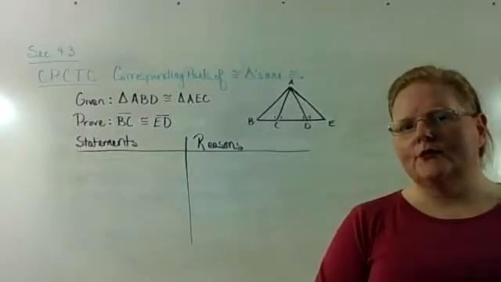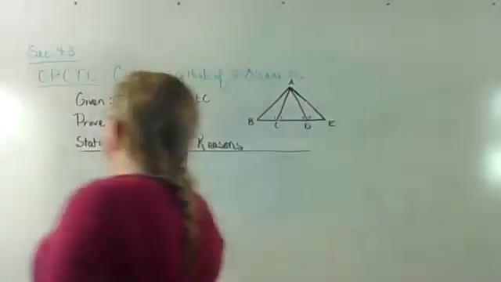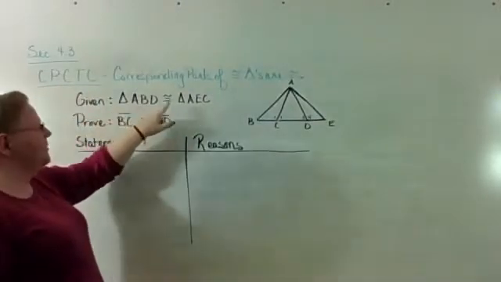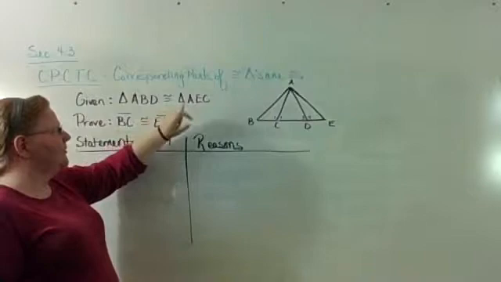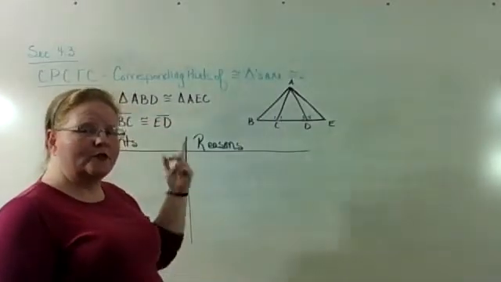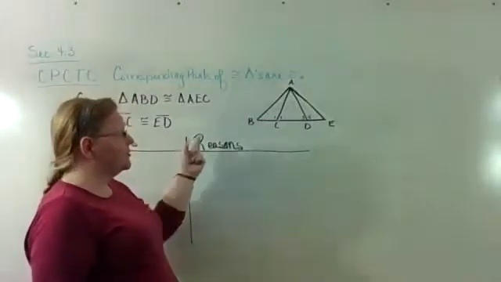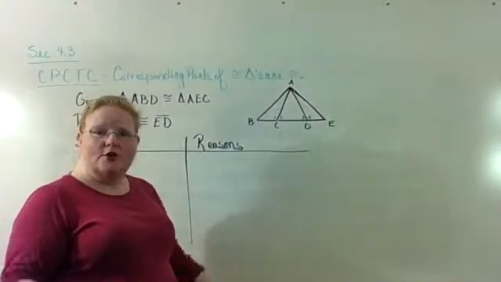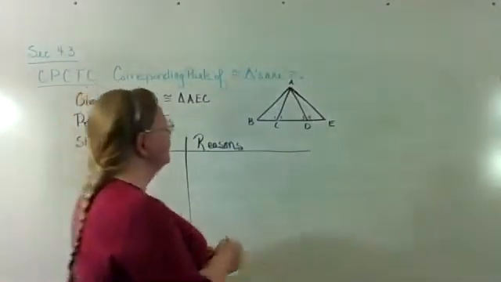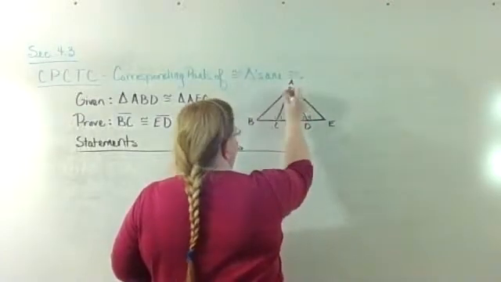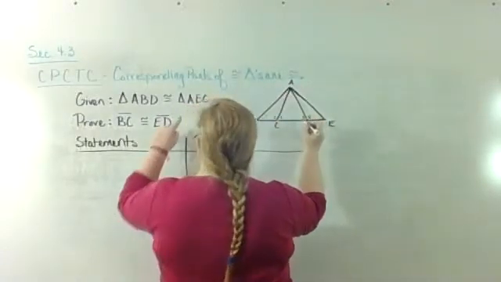Let's find out. Okay, so given triangle ABD is congruent to triangle AEC, so I told you before, as soon as you're given information, you need to make sure you mark your figure, of which nothing over here is marked. So I'm going to get happy with the marking. So if triangle ABD is congruent to triangle